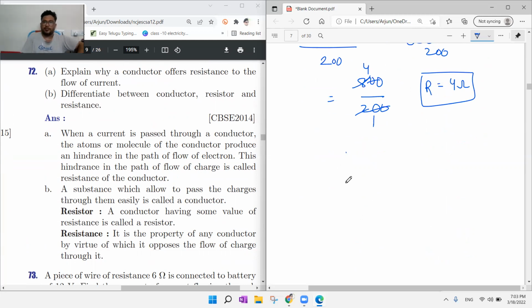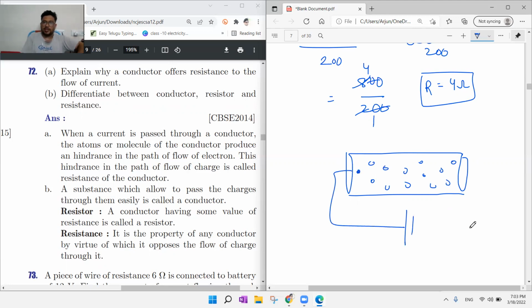Simply to say, consider this is a conductor where there are atoms. Definitely every material is made up of atoms. Consider there is one free electron. When voltage is given across the terminals, this voltage will produce some force, and force is applied on the free electron. Now that free electron will be in motion, it will move, it will bombard, it will collide, and it